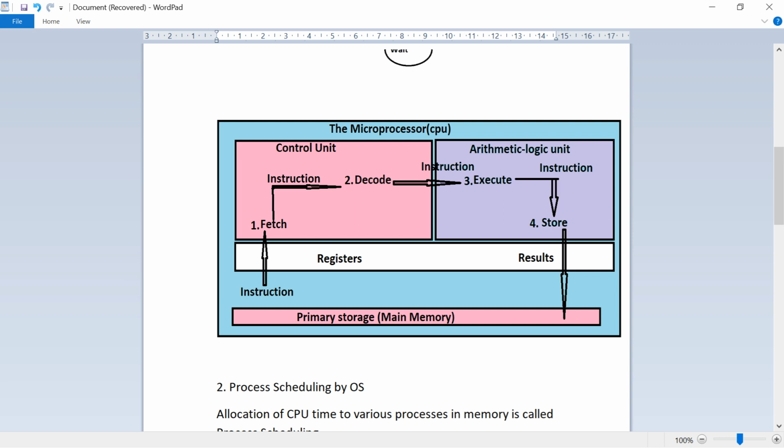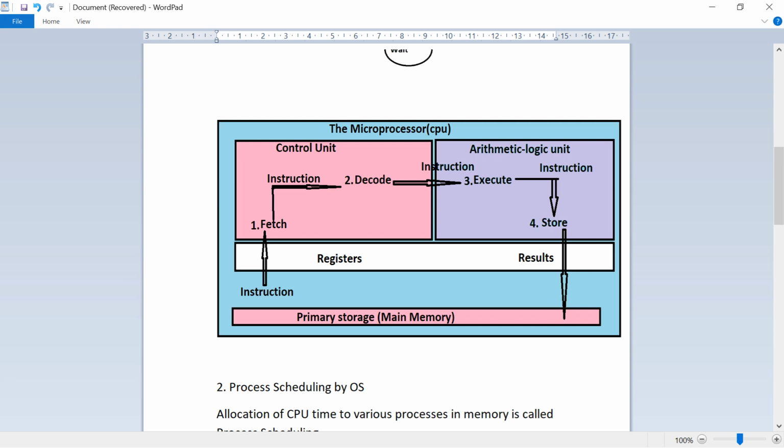Decode the instruction, whether it requires any mathematical work or any logical work, simply read from memory or input device, or write to memory or output device, etc. Then if the instruction involves mathematical or logical work, control unit instructs the arithmetic logic unit, in short ALU, to carry out or execute the instruction.